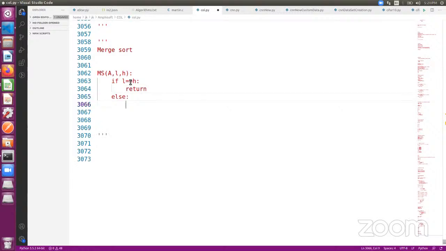Else, if there is more than one element, immediately you have to split it into left half and right half. For splitting, we need the mid element, right? So mid is equal to (L plus H) divided by 2. After getting the mid element, we need to pass the left half to the left recursive call, and the right half to the right recursive call. So merge sort of